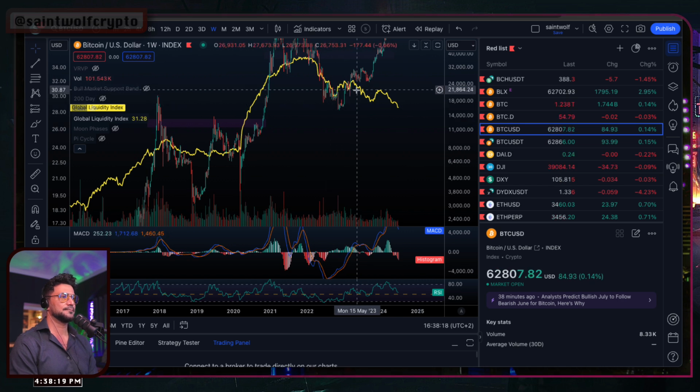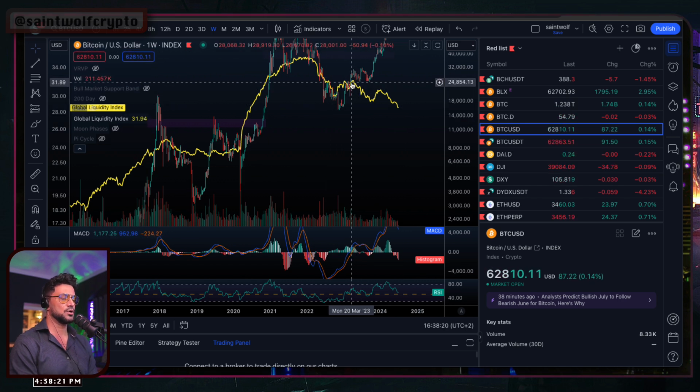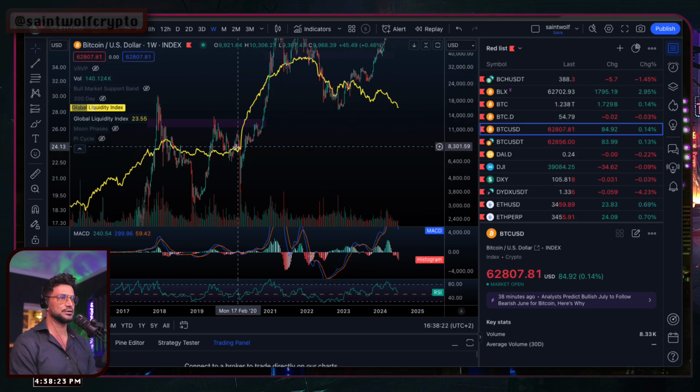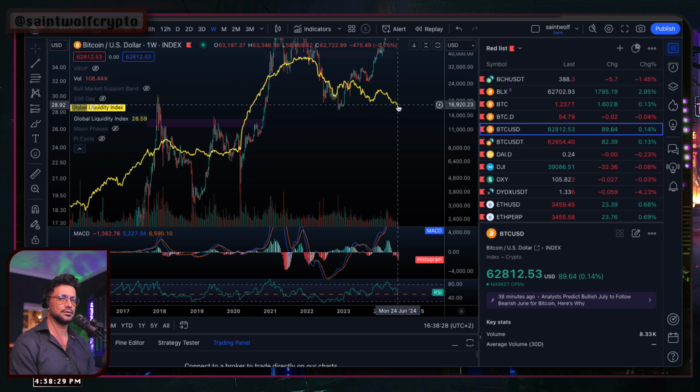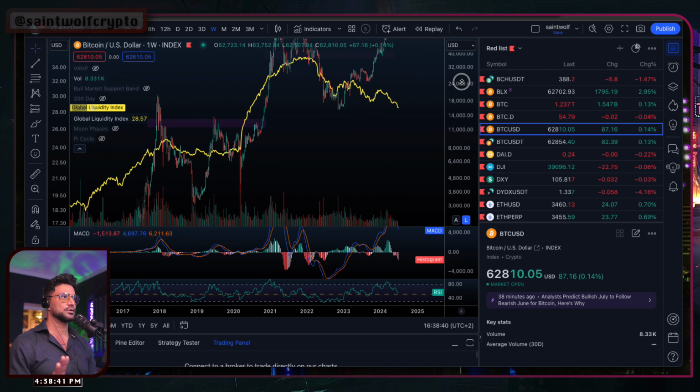You can see that about March 23, 3 years after this point, it had begun diverging, where GLI balance sheets are still coming down. Even though they're printing in the U.S., I know they're propping up banks, they're printing money, which they are, and there's other charts to show you that. But I just want to show you the global. This global GLI is coming down, but what's happening with Bitcoin?